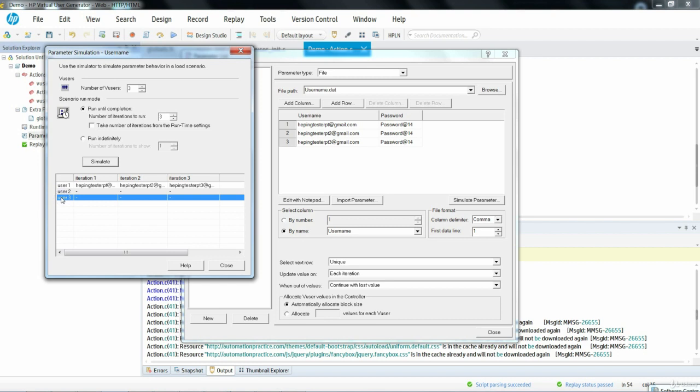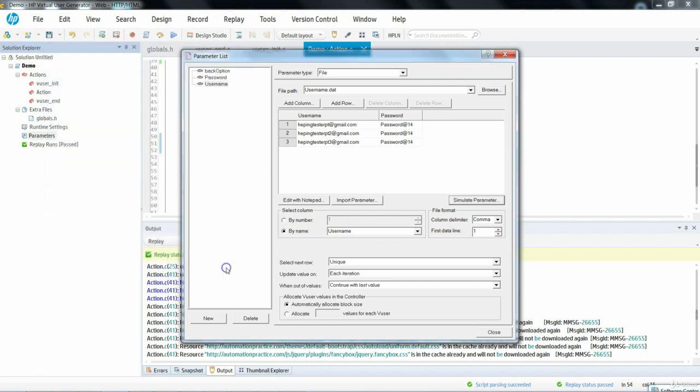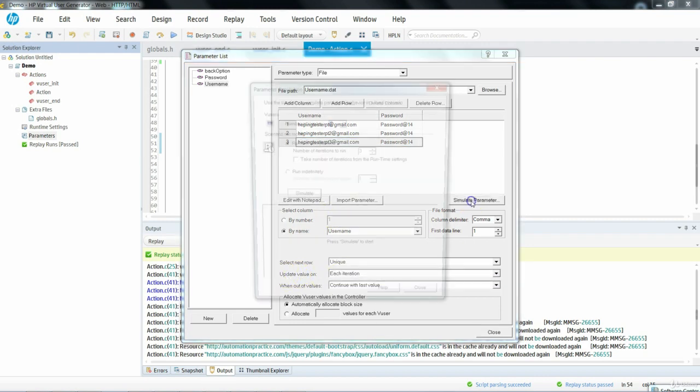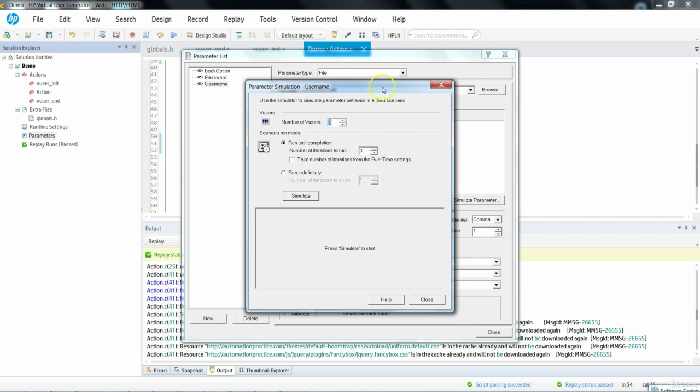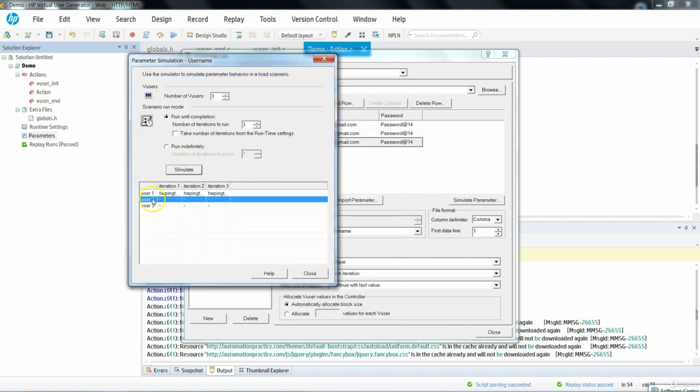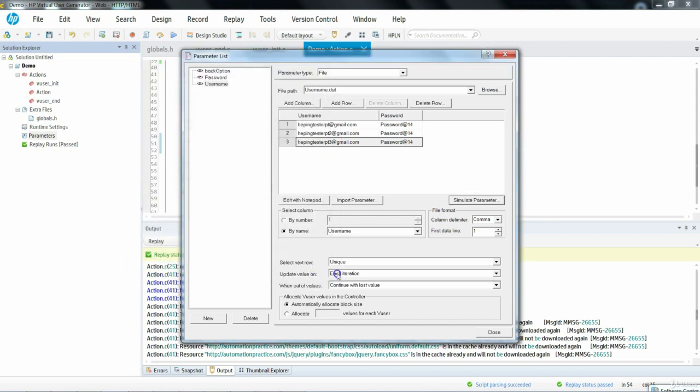And also, if you want to get for the third iteration, you must be having another set of 3 values. So unique will be considering each user gets a unique value for their iteration. Now let's look at the other option, update value on. We are trying to say 3 iterations, right? In this 3 iteration, we are not having multiple values, so those values are not sufficient for the next iteration. But if you select